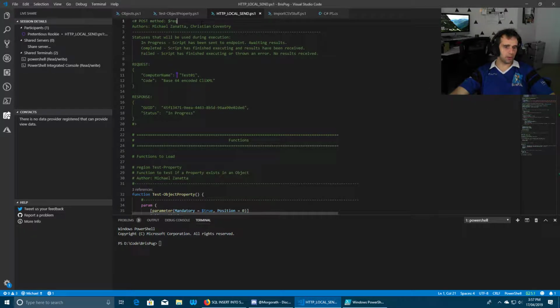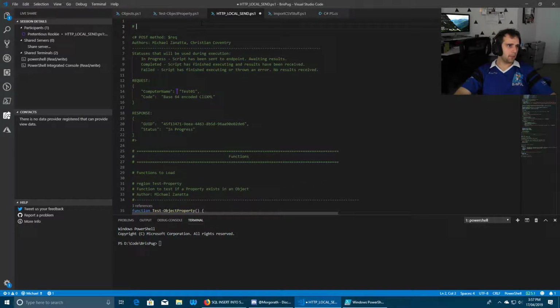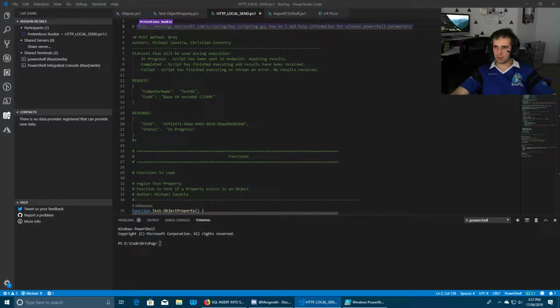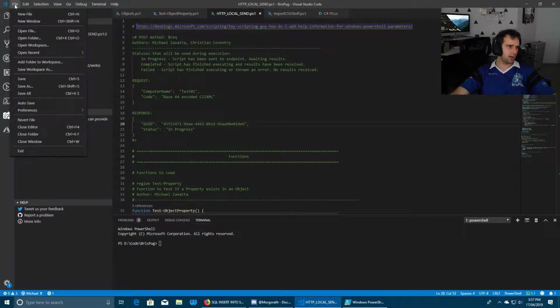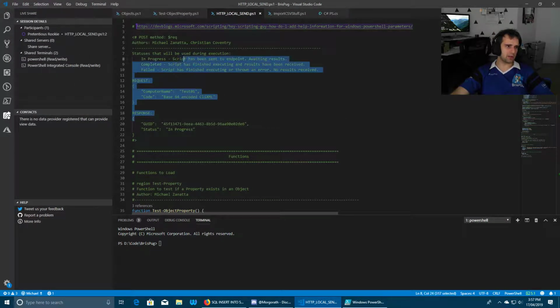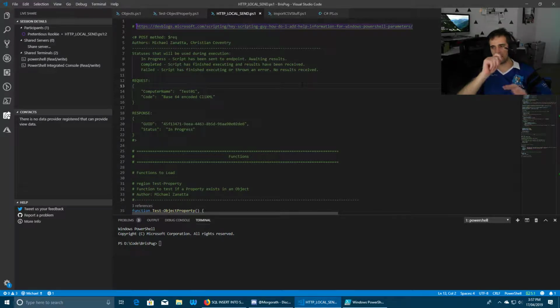It's a dev post by the Scripting Guy on Scripting Blogs. I think it was done by Ed Wilson. Have a look at that. I want you to add that to the script, because we're going to add some Get-Help to it so we can actually know what we're doing, and it gives you more clarity in terms of what's going on with it.